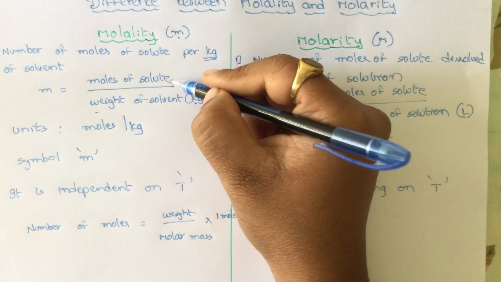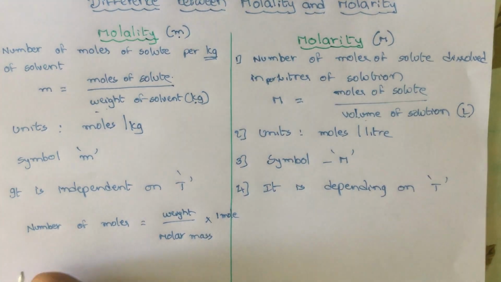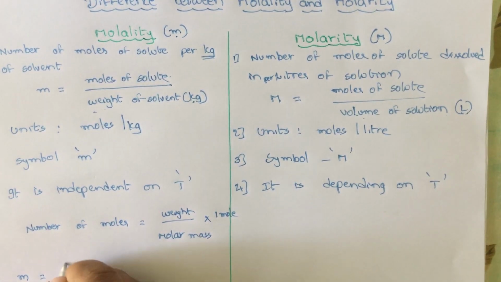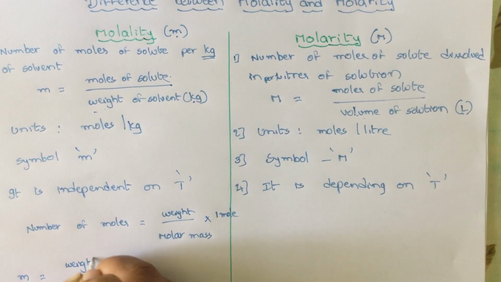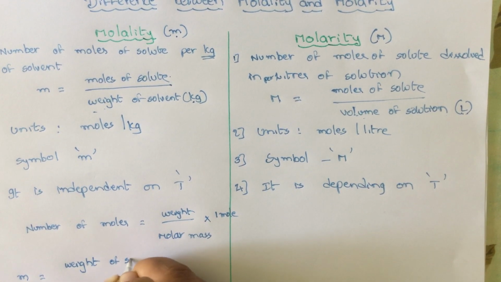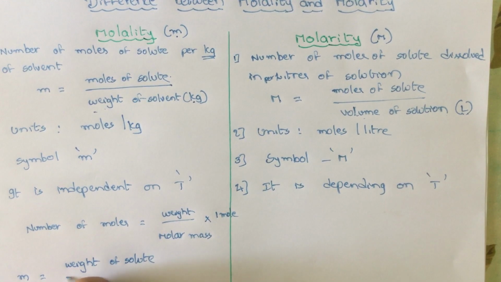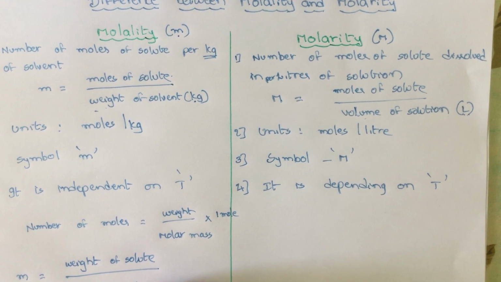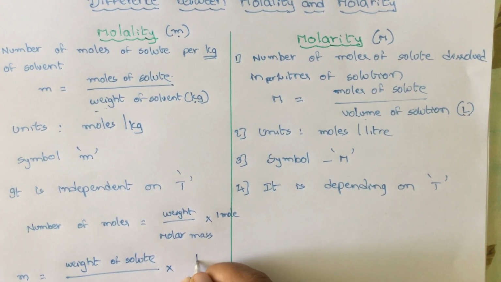So that means what? Instead of this I can write this one. Then the formula becomes molality is equal to weight of the solute to that of molar mass of the solute multiplied by per mole